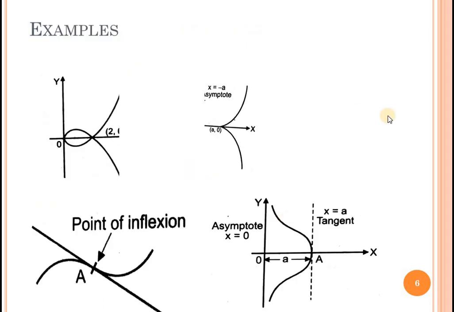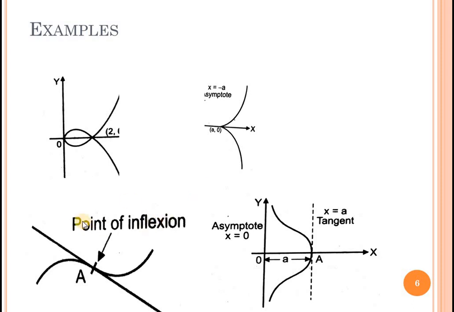Now see these examples. This is the node. Here two branches of the curve are there and it has two different tangents. So it is a node. But this is a double point. It is a cusp. Here are two branches of the curve. This is one branch. It is another branch. It passes through the point. It is a double point. But these branches have a common tangent. So it is a cusp.